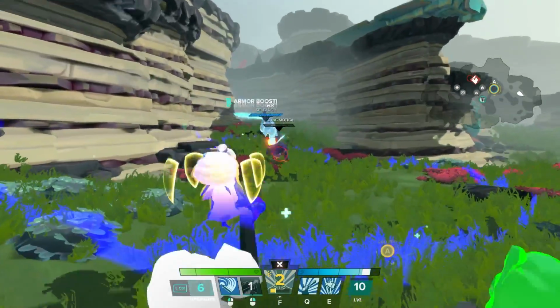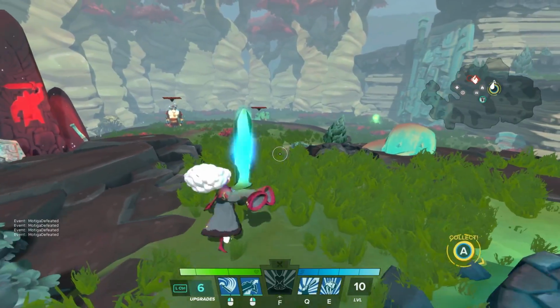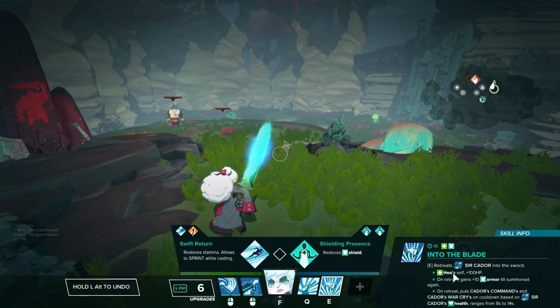Just healing and being annoying. Like, that's so strong. All right, next up, we're going to be checking out Ashling's E called Into the Blade,